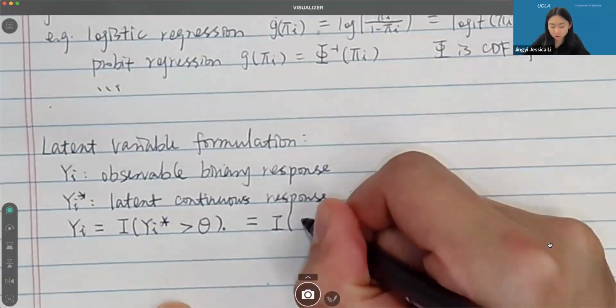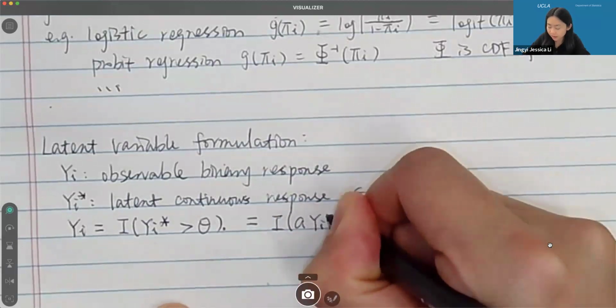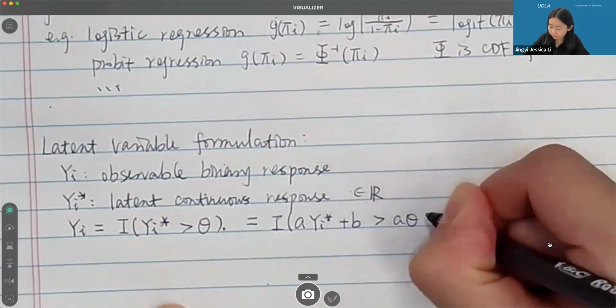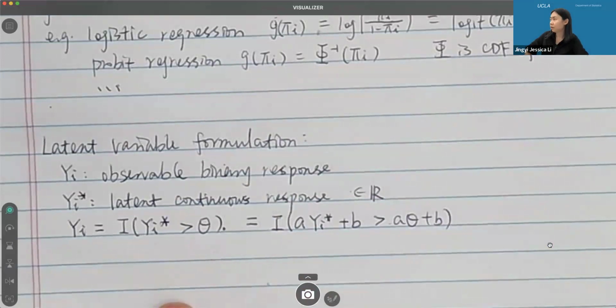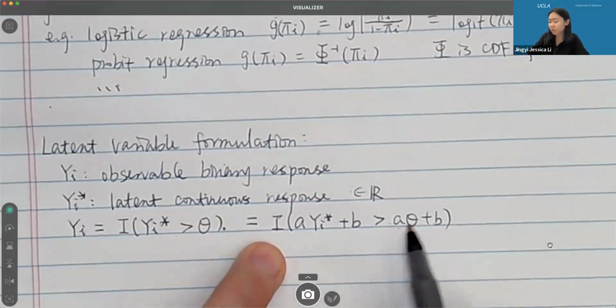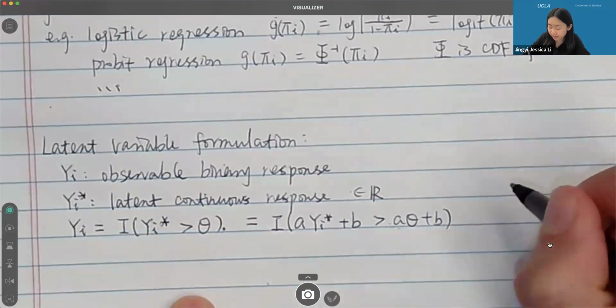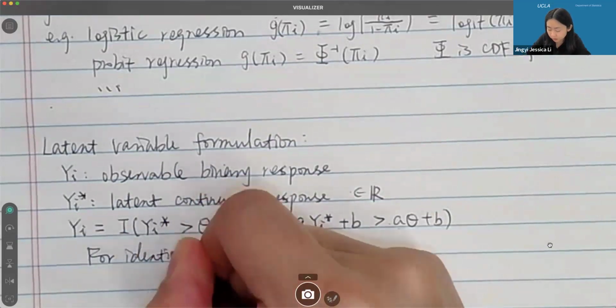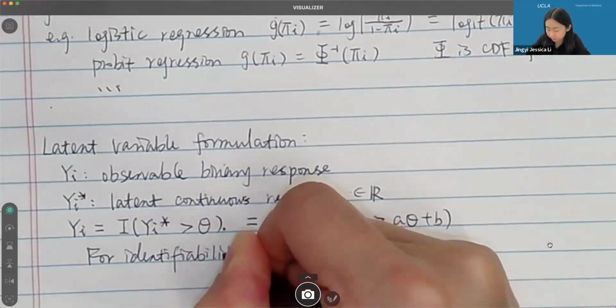That means I can multiply yi star by some positive a and shift it by some b. If I do the same thing on theta, it's the same indicator function. Nothing changed, which means that if yi star and theta can vary freely, there's no unique way to link yi star to yi. So therefore, for simplicity or for identifiability, because it doesn't matter what a is, what b is, we set, for this identifiability, which is something we also consider a lot in our modeling,